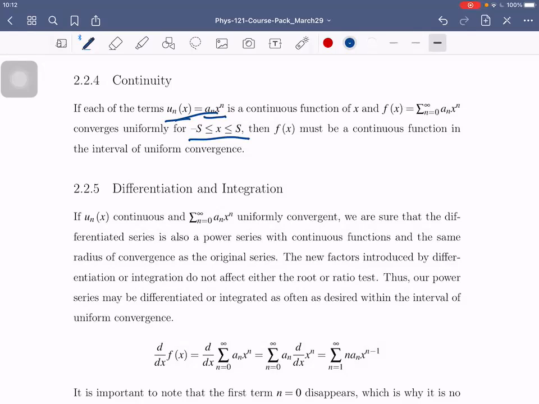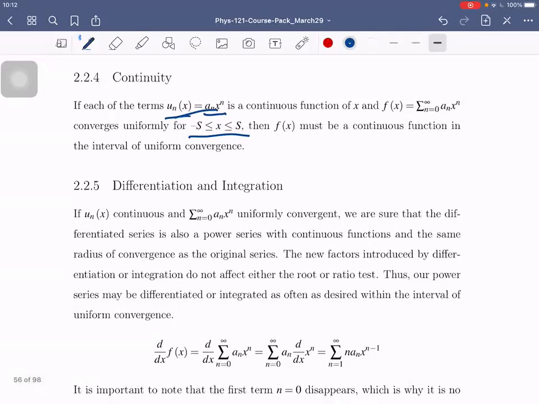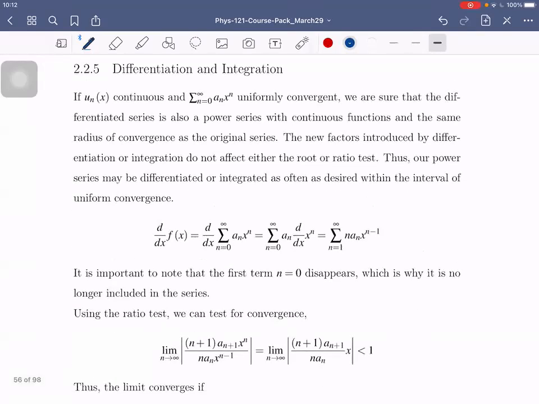Okay? So now let's talk about differentiation and integration. So if yung terms ng ating power series and yung buong power series natin ay uniformly convergent, then we are sure that differentiated series is also a power series. So pwede kasi tayo mag-derivative kahit summation. So kung ito ay continuous or uniformly convergent, kapag kinuha mo yung derivative niya, it also will give you a continuous function and